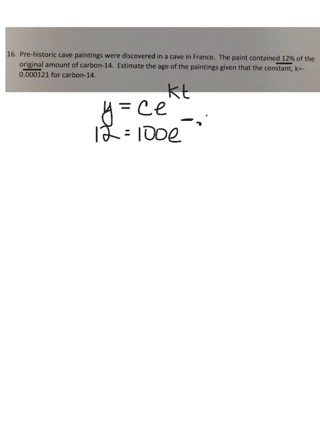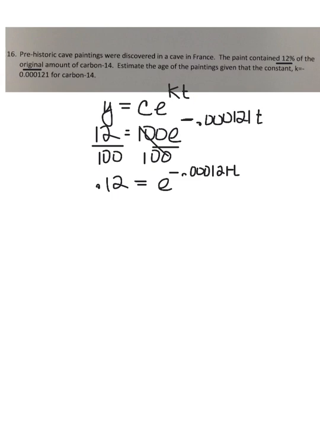And then it's 0.000, that's 3 zeros, 1, 2, 1, times t. Okay, so we have an exponent, and we don't know one of the values in that exponent. So I want to try to get that by itself. So I'm going to start by dividing out the 100. And that's going to give me 0.12 equals e to the negative